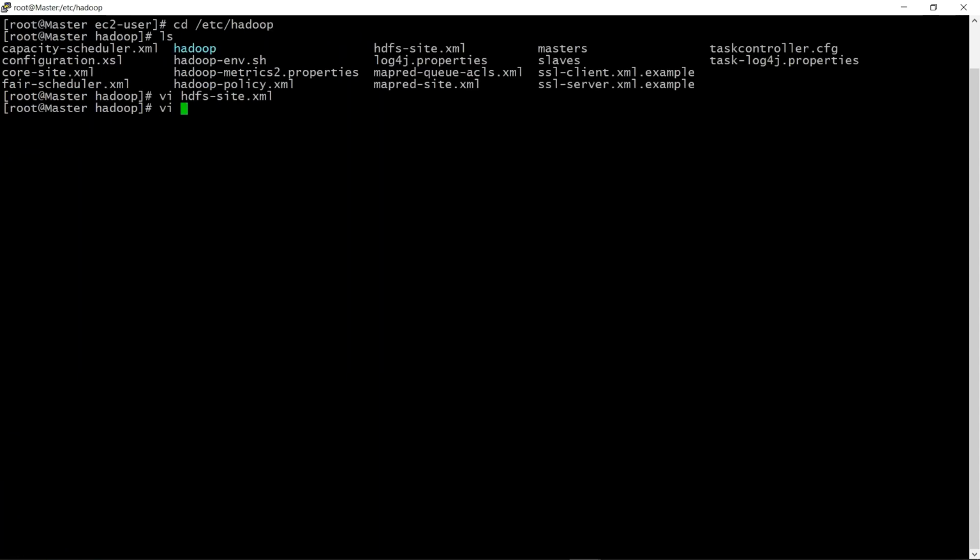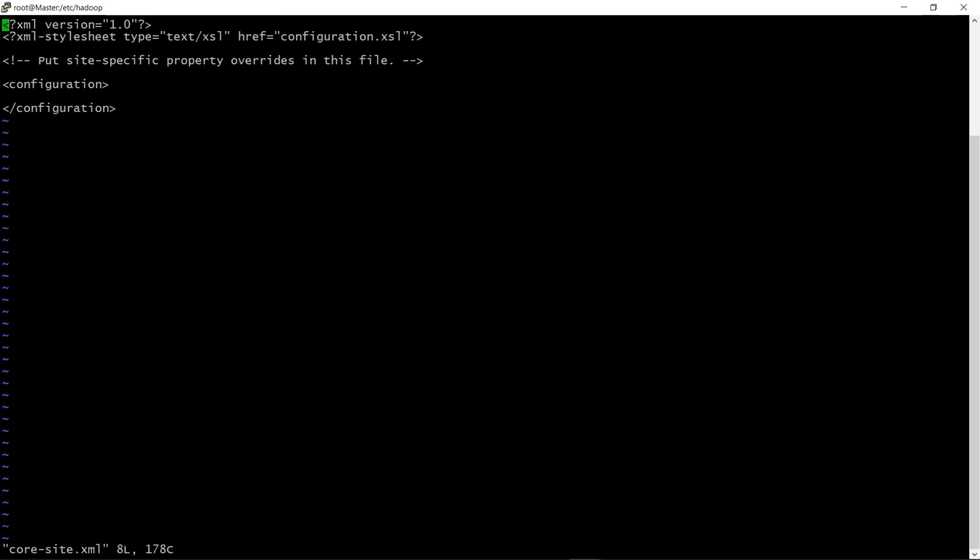Now in the same way, configure the core-site file. In the name I will give fs.default.name. And in value I will be providing the IP with the protocol hdfs.